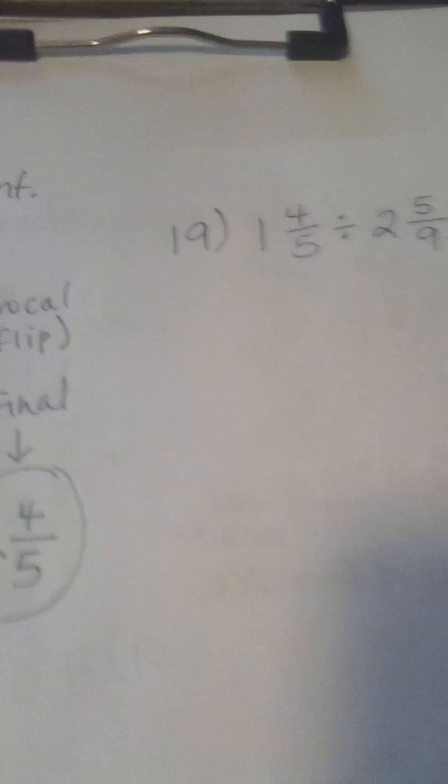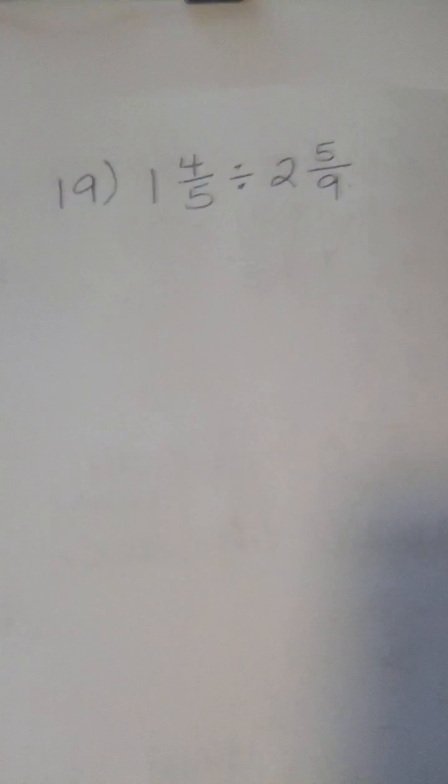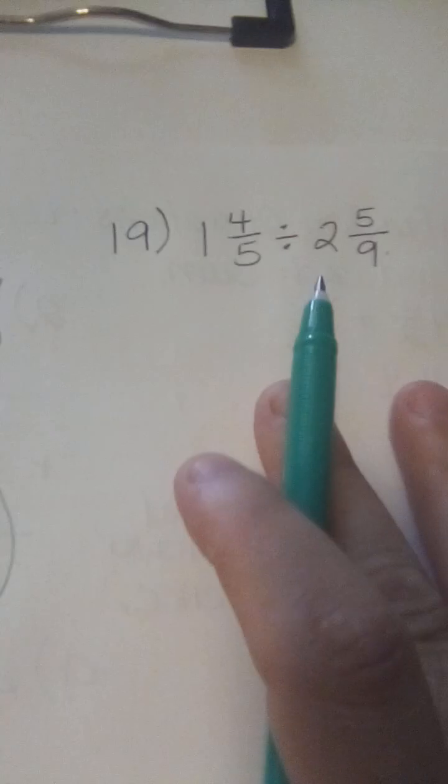Okay, we're almost finished. Compared to the last problem, these are two mixed numbers on number 19. 1 and 4/5 divided by 2 and 5/9. Convert these into improper fractions. So 5 goes inside on the denominator. 1 times 5 is 5. Add 4 more is 9. Divided by